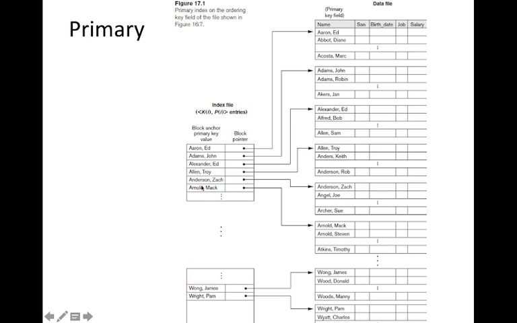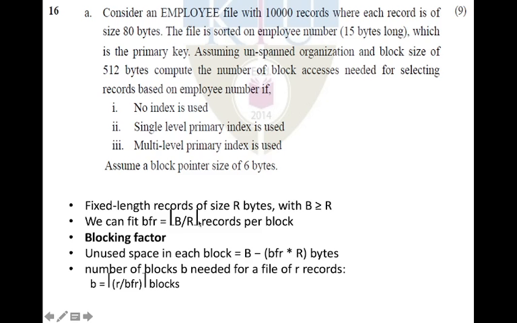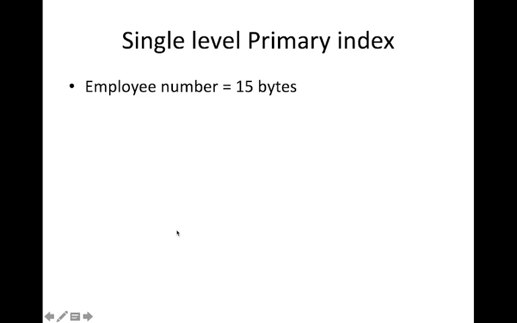So we will create an index file. So in the previous case, there is no index file. So records will be stored like this. Here, records will be stored like this, and we provide an indexing like this. So we have to calculate the same question. So if we are using this, the number of block accesses that will be needed, we can use the same formula and calculate all these things.